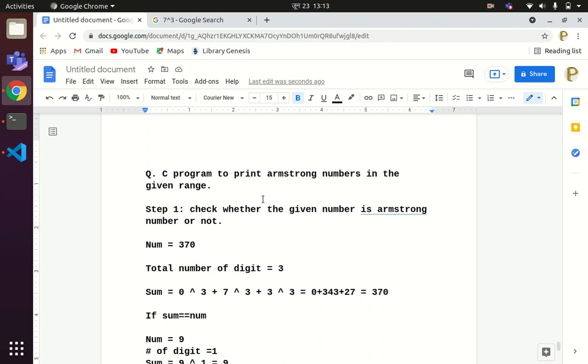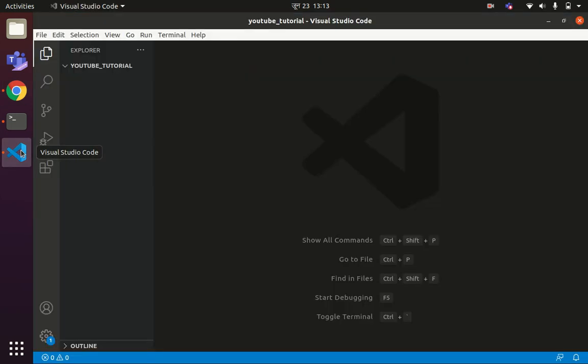So let us start the coding. I am using the VS Code editor to edit my code. I'll create a file called armstrong.c.